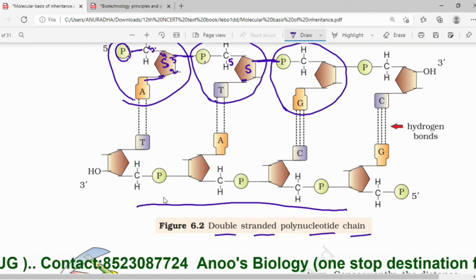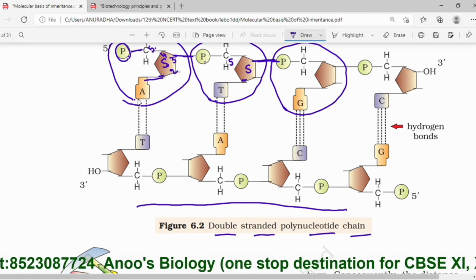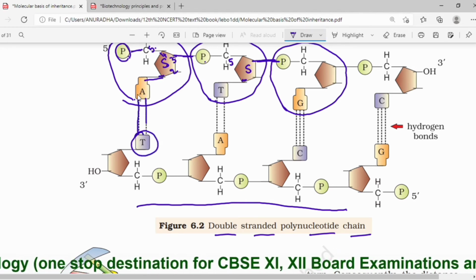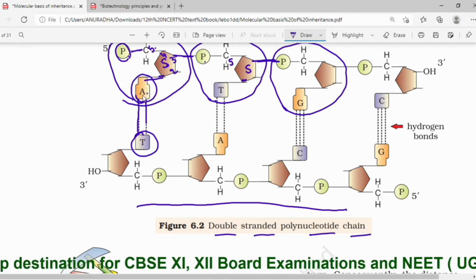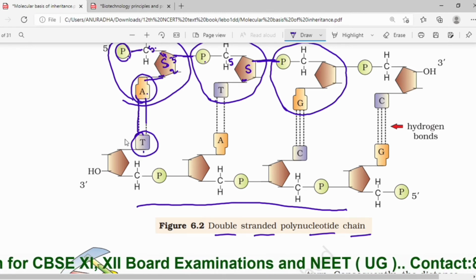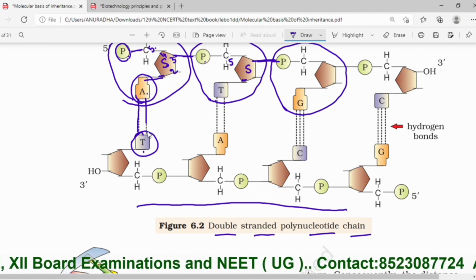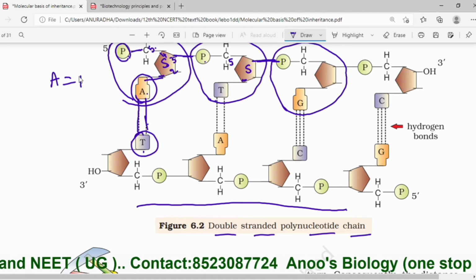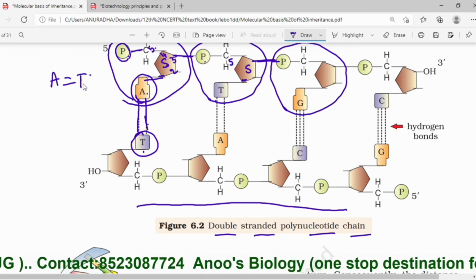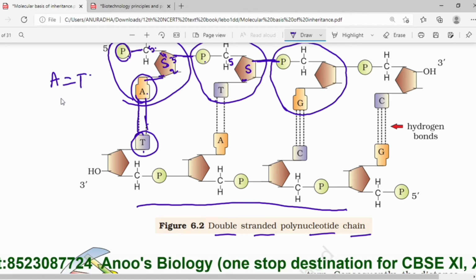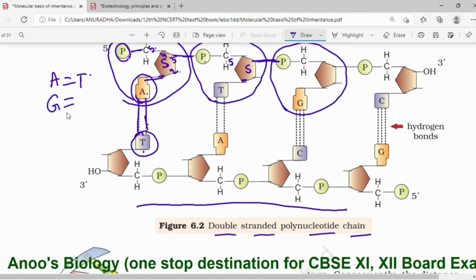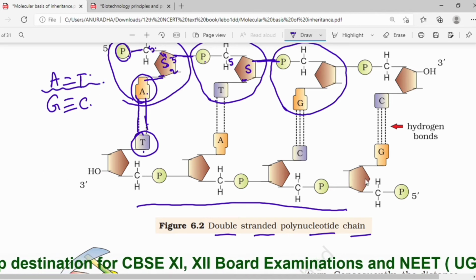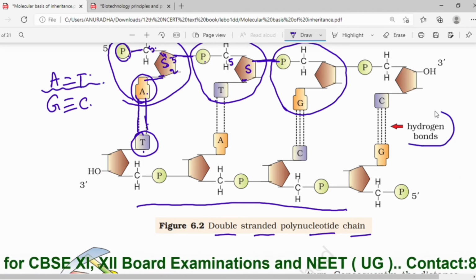In the same way, the opposite strand is also formed, and now complementary base pairing takes place between the nitrogen bases of the opposite strand. This is one nitrogen base, adenine, present in this strand, and this is thymine present in this strand. As these two are complementary to one another, base pairing always occurs between adenine and thymine. That means adenine always pairs with thymine or thymine pairs with adenine. In the same way, guanine pairs with cytosine or cytosine pairs with guanine by the formation of three hydrogen bonds in between. So here the hydrogen bonds are shown.